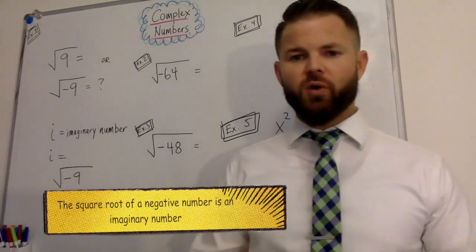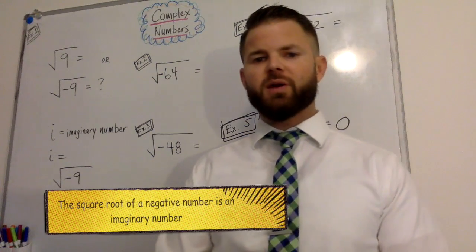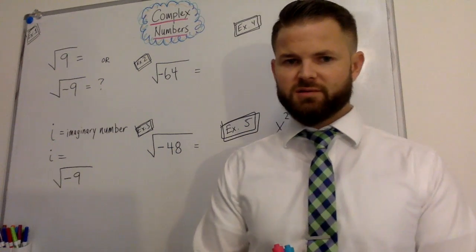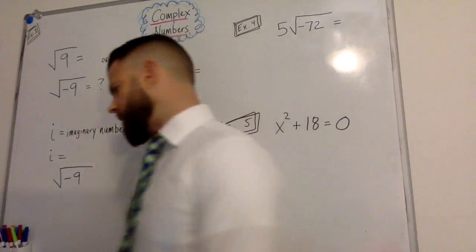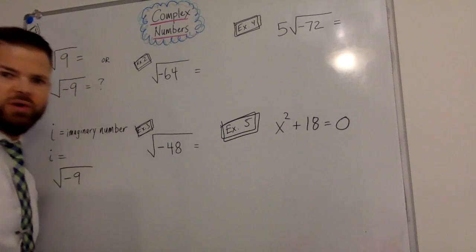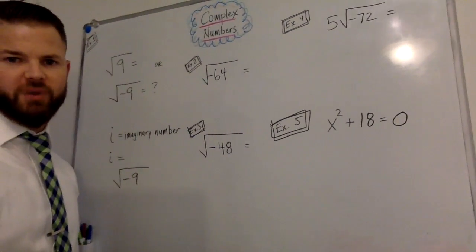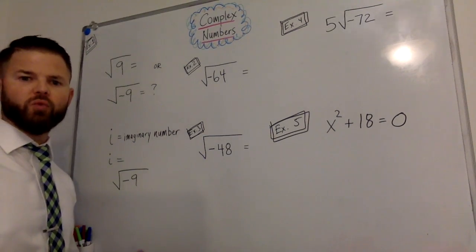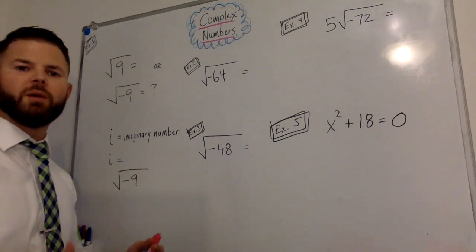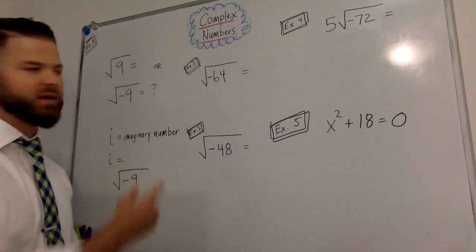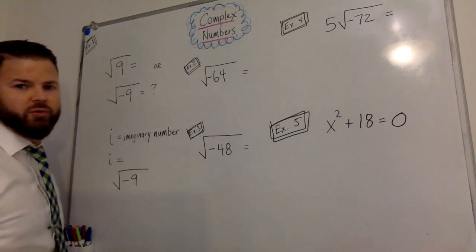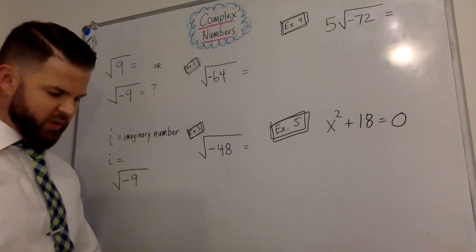So I'm going to give you a quick rundown of what to expect on the homework in case you missed one of these lessons, alright? So real quick, when we're talking about complex numbers, normally we're talking about finding the square root of something. When we're finding the square root, we're thinking to ourselves, what number times itself gives me this guy under the radical? So the square root of 9 would be